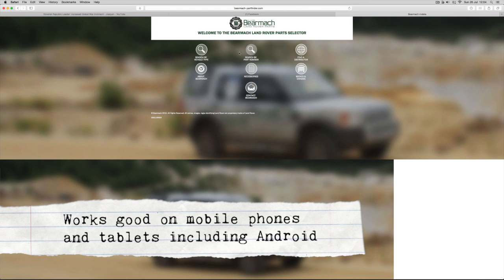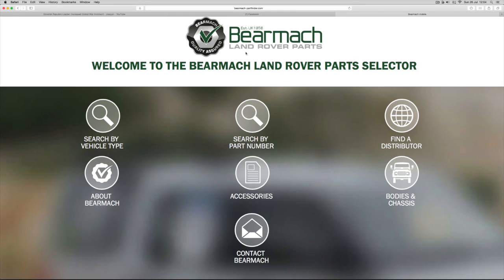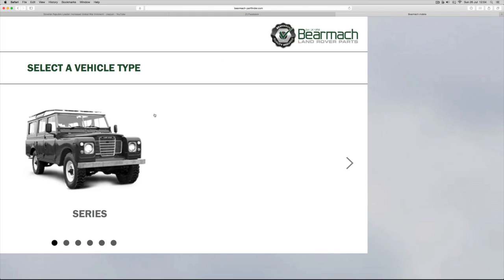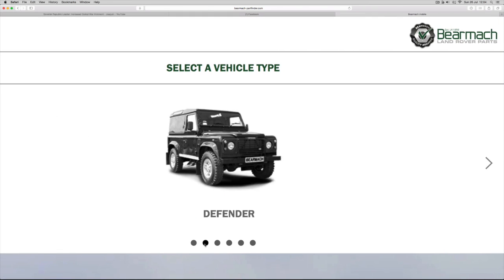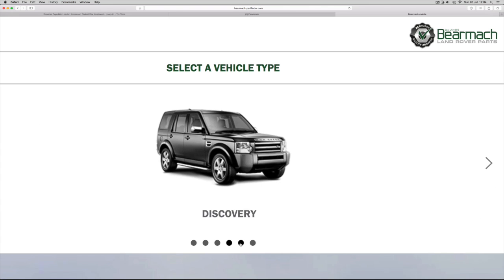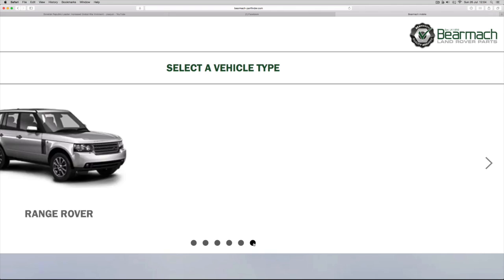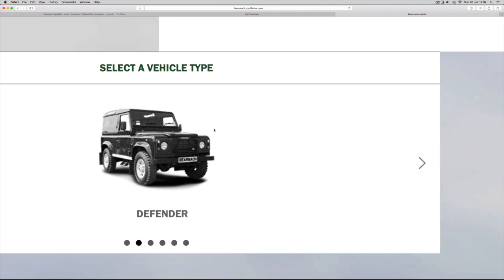You'll be able to search by vehicle or search by part or part number. So basically what I want to do is search by vehicle type. Just do a quick search first of all, and I'll show you which vehicles are covered. Series, Defender, Freelander, that's 1 and 2. You've got the Discovery Range 3 and 4, the Range Rover and the Evoque ranges. Okay, so I'll go back to Defender, click on the icon,